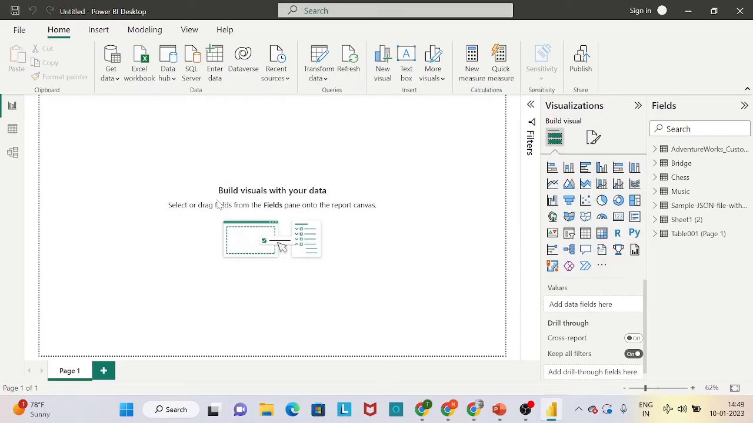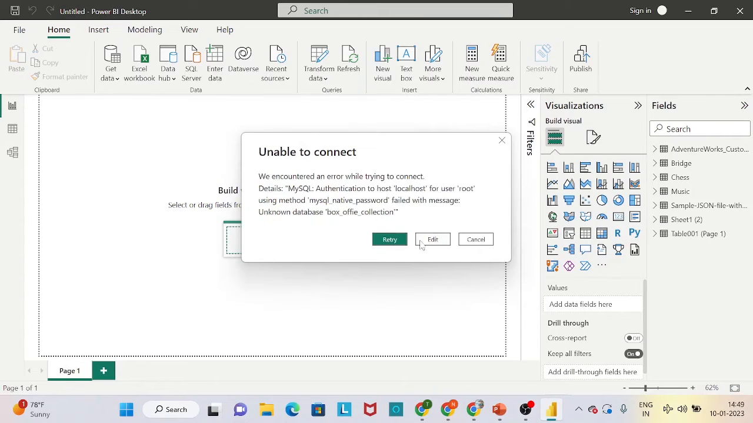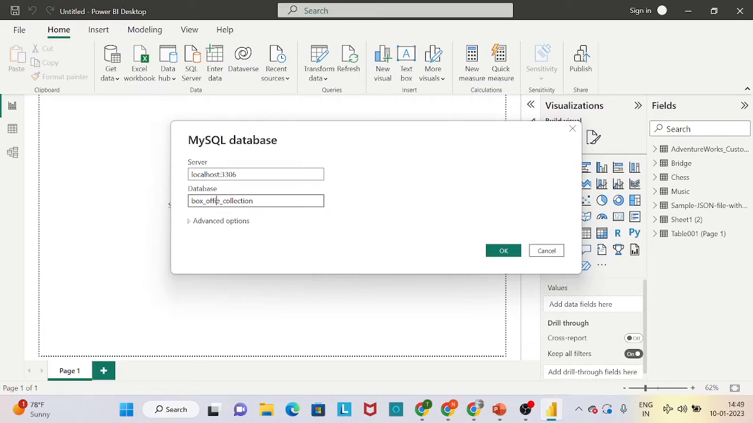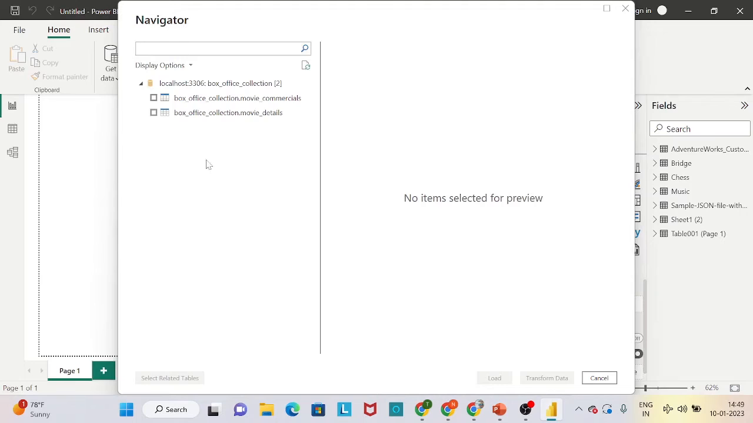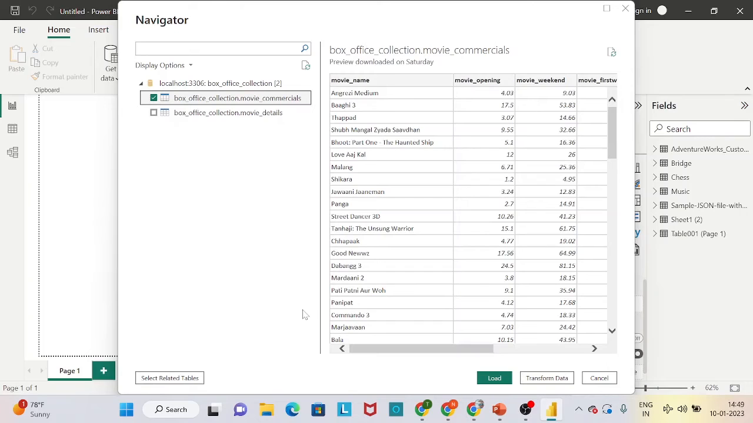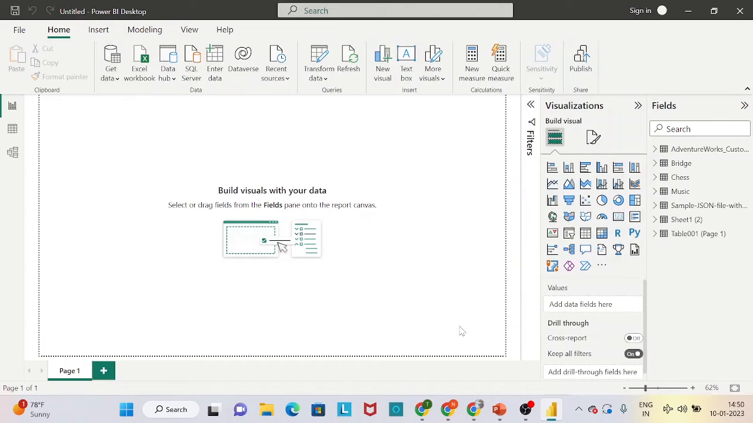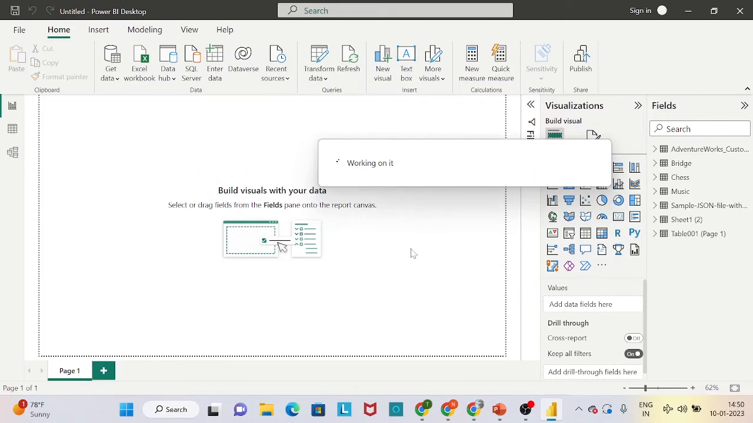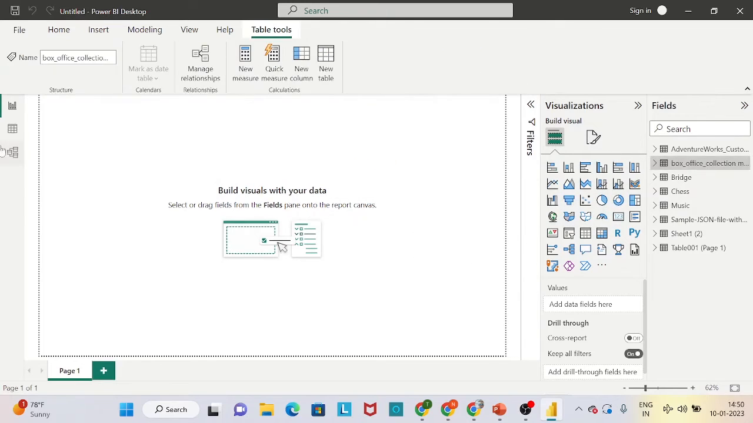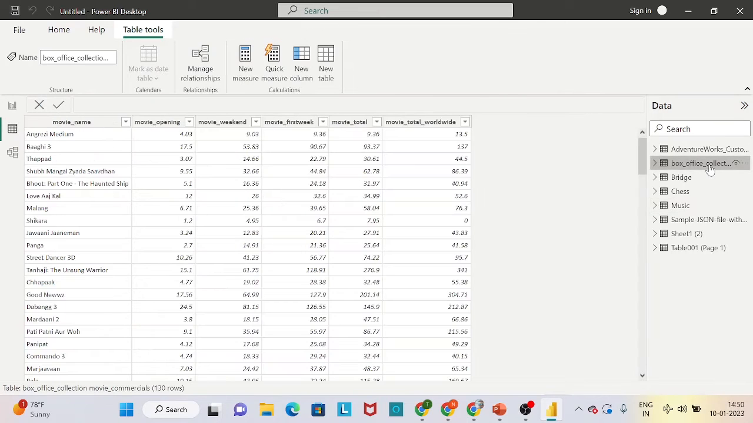Let's click on OK. So I have these two tables in my database. So let's load one of the datasets, that is movie commercials table. Okay, let's click on load. And the dataset is loaded from MySQL server. So you can see here, go to data preview and you can see this is my table from MySQL server